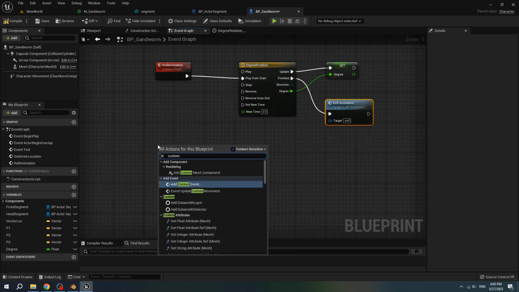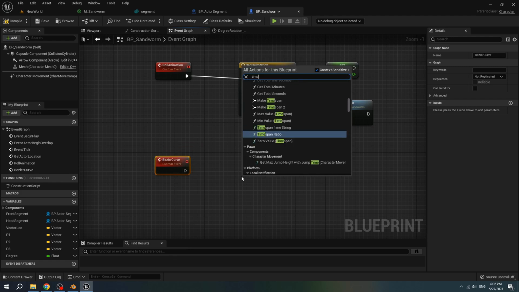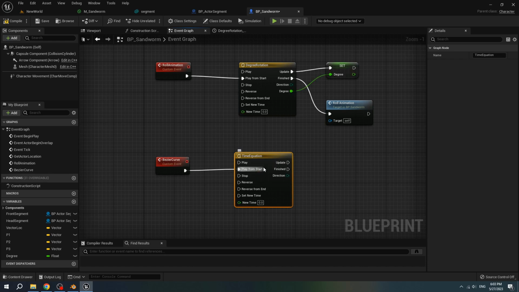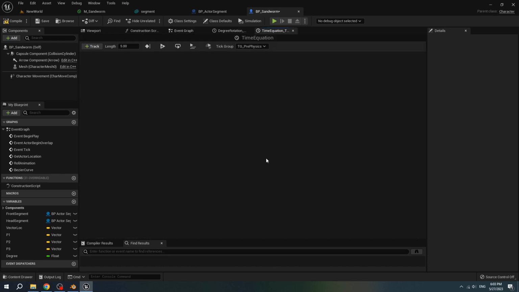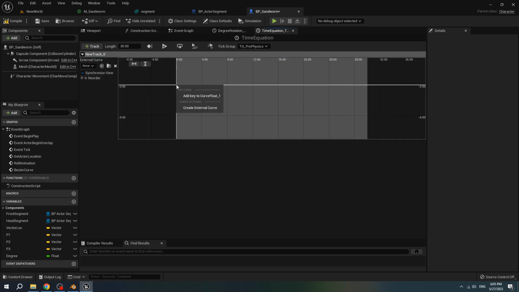Create a custom event. Name it bezier curve. Add timeline. Name is time equation. Make it play from start. Open the equation. The length is 30 seconds. Add float track. Add time is 0.